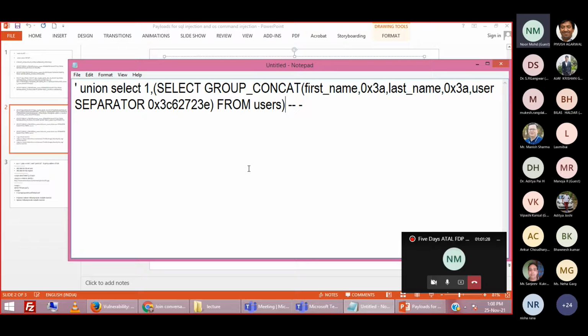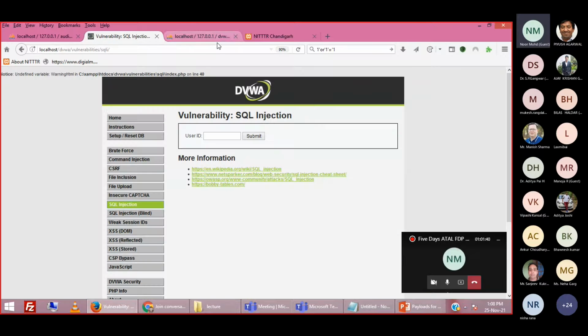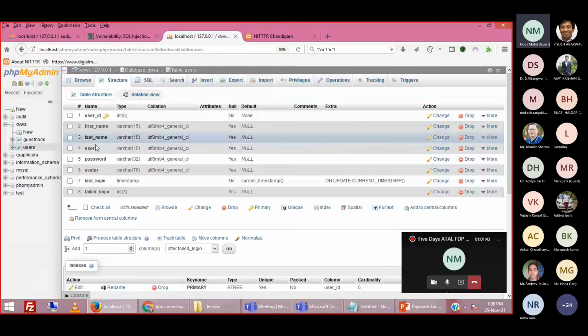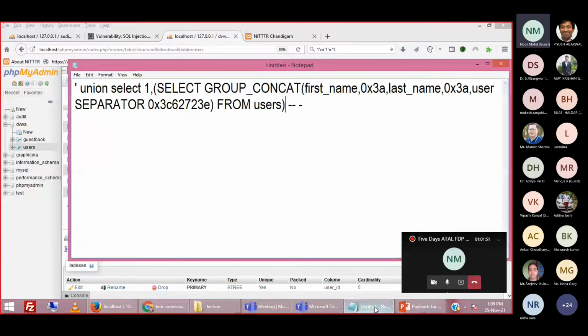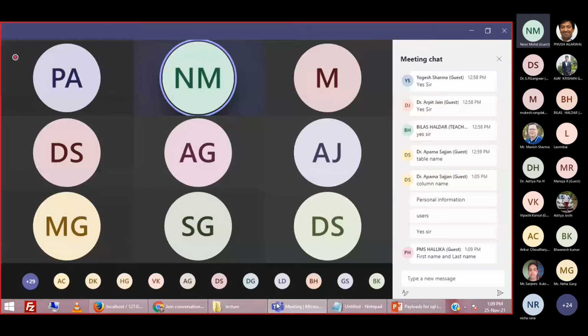So please tell me what column we are interested in and what column details we are fetching here. A table may have multiple columns. I've already shown you these are the columns of the users table. Total 8 columns are there. So about which column are we fetching details here? Can anybody tell me which column this query will fetch the detail of?